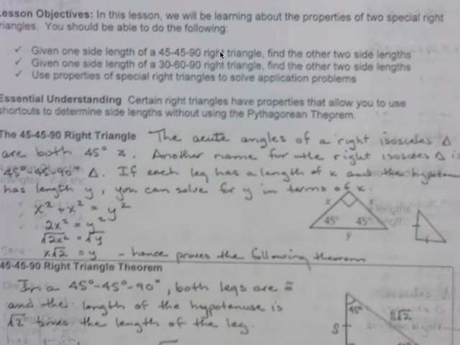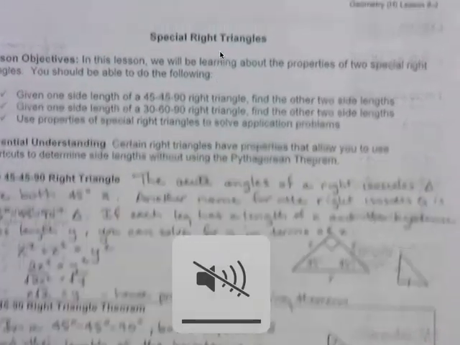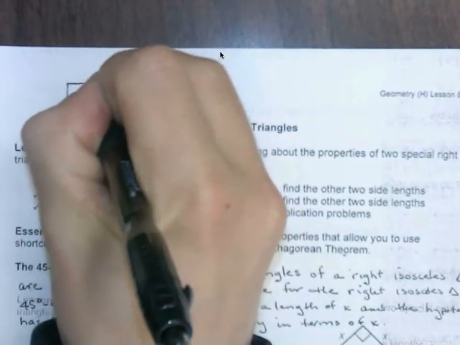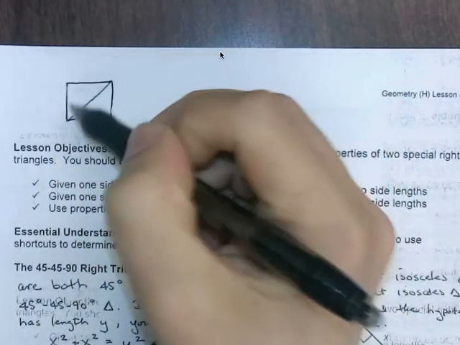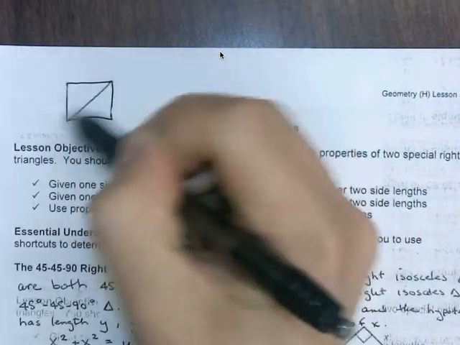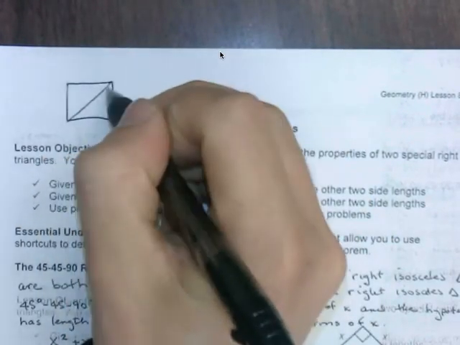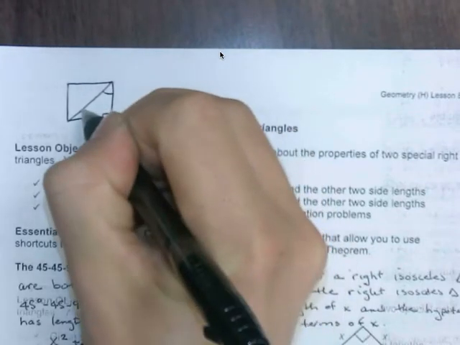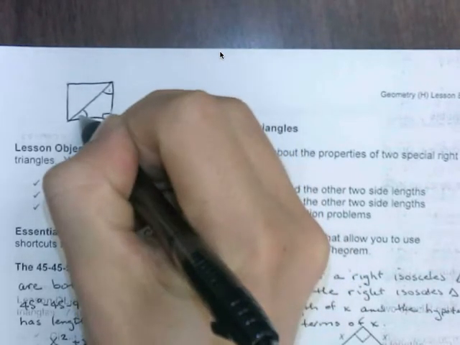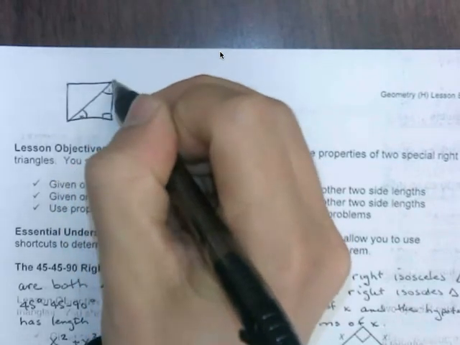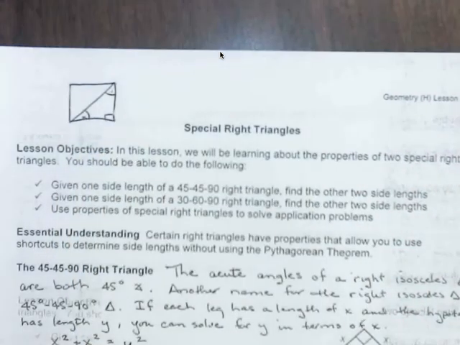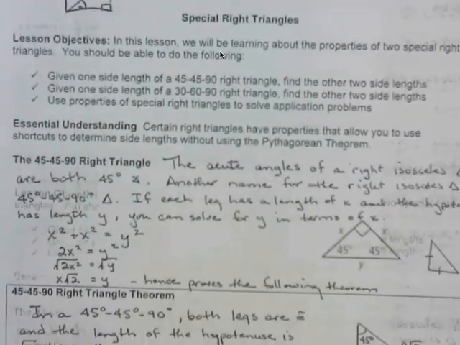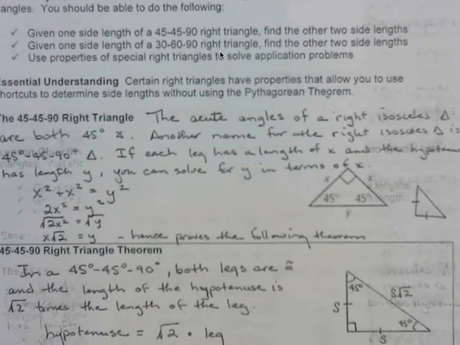So previously we were talking about the diamond setup for a baseball diamond, which we said was a square that had the diagonal cut through, and we found the measurement from home plate to second base directly. But when this diagonal was cut through, what was this angle? And this angle? What were those two angles going to have to be if this was bisected because of the diagonal? Should be saying 45 degrees. So what's cool is that that's a special type of right triangle that has a very specific pattern that we'll